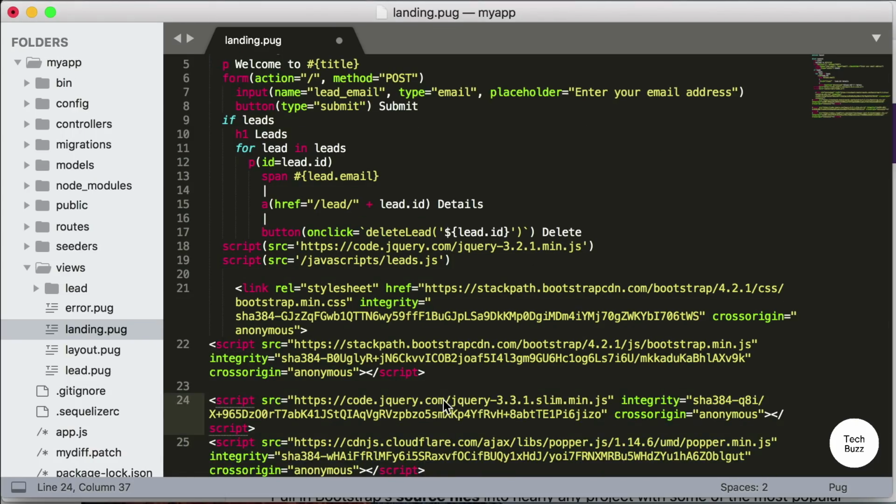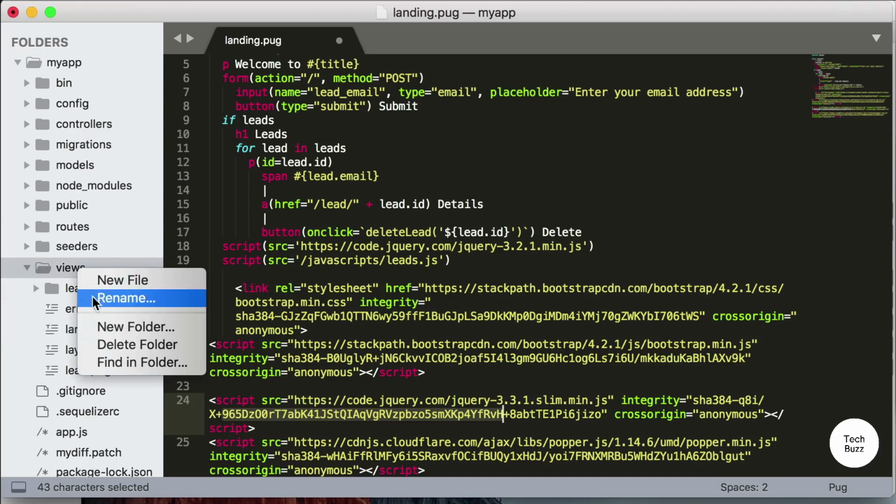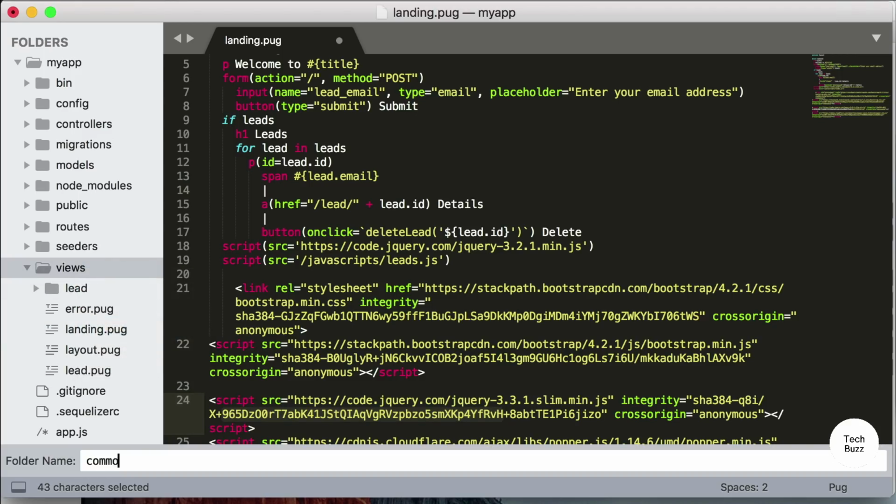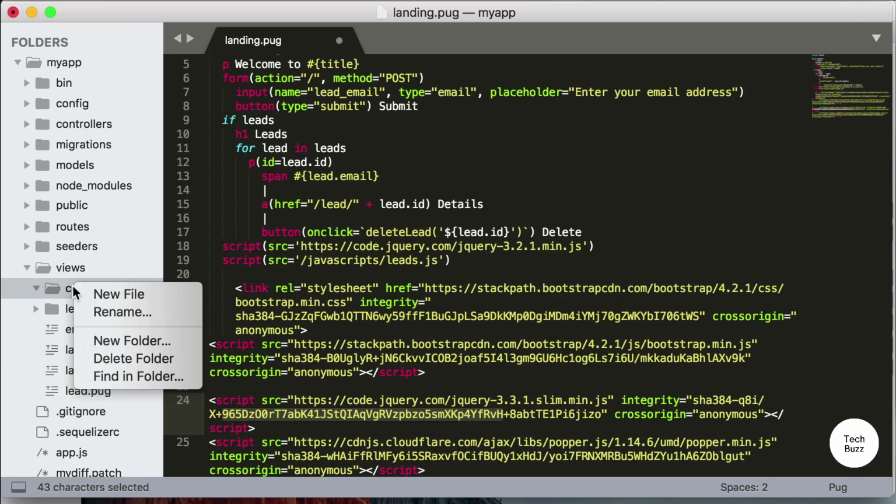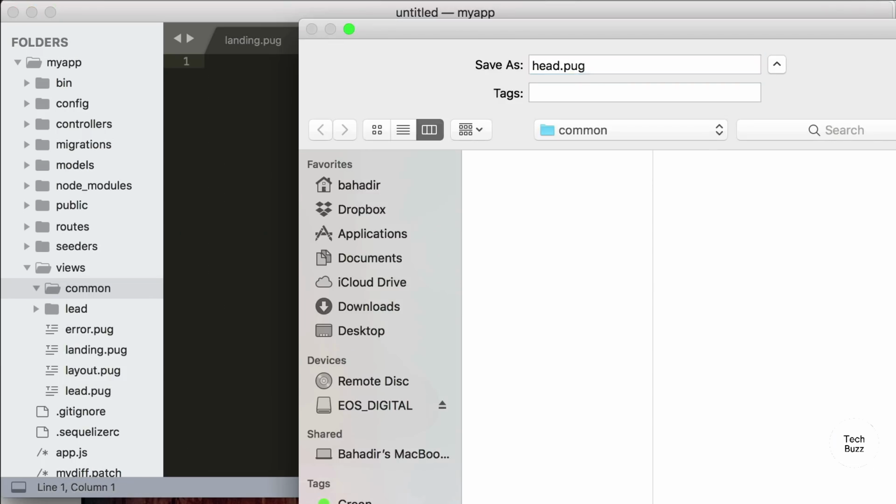Now in this tutorial, we're also going to learn how to separate our PUG files into reusable components. And we're going to create a header, a navbar, and a footer component that we can use across all of our files. Let's create a new folder under views called common. And let's create new files, head.pug,